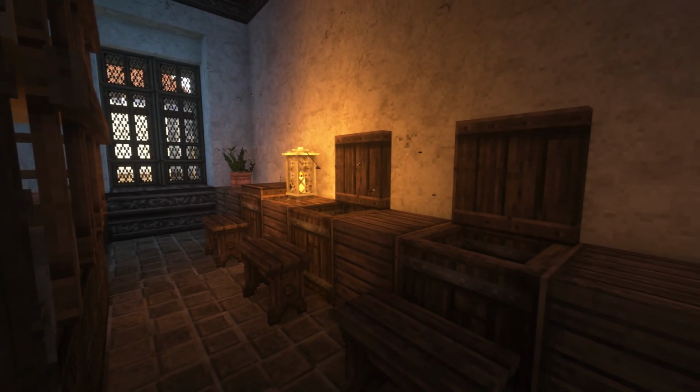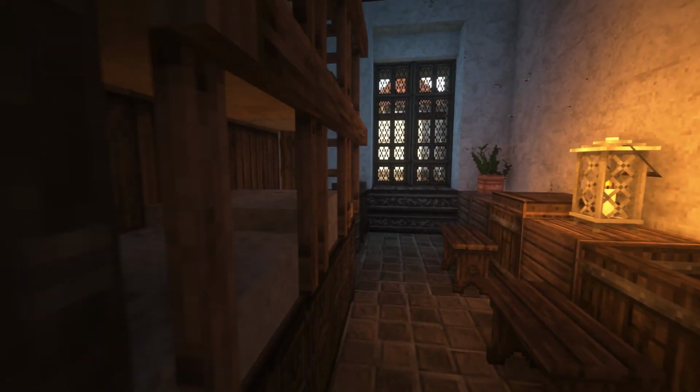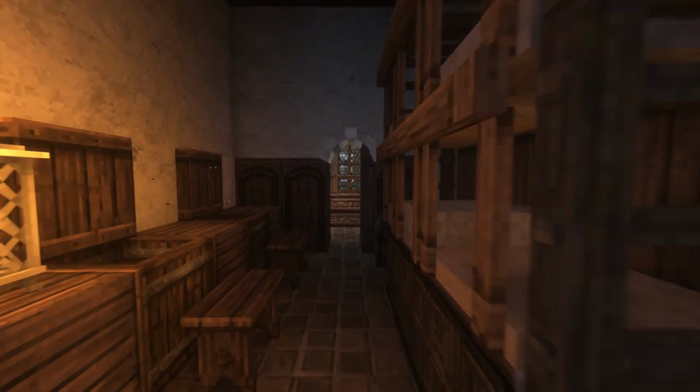So this is where you would be taking a dump, if that has to happen. And there's even some towels you could rent here. There's like this cleanup station here. You could wash yourself, and yeah, for all the residents here. Let's go up and check out a little bit of